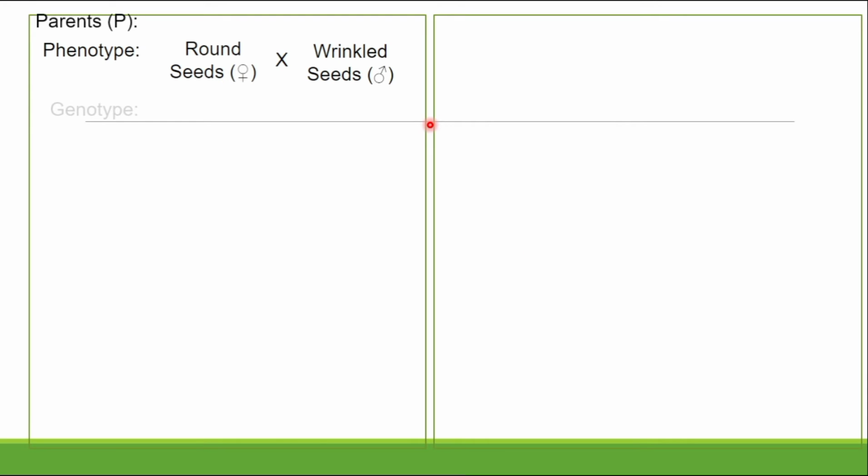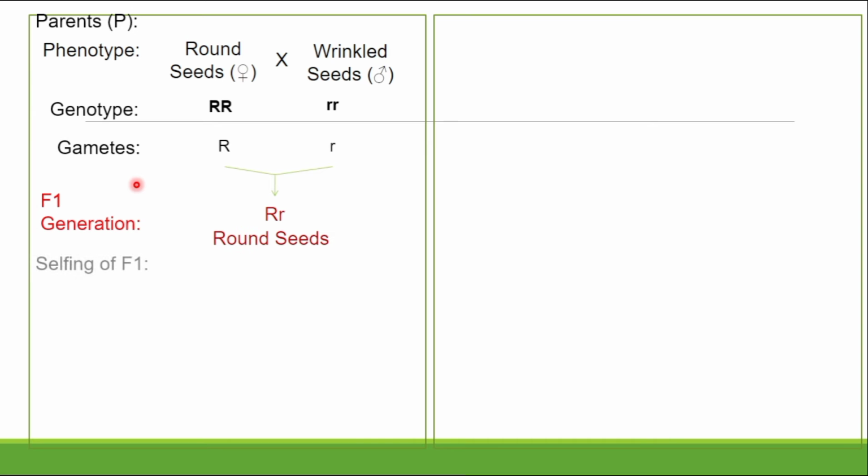As Mendel follows the procedure, first there is a selection of the 2 pure plants, the round seed and the wrinkled seed. What's the genotype? It's a capital R, small r. Afterward there is a formation of the gametes, capital R, small r. So there is obtaining of the F1 generation. In this F1 generation, all the seeds are round seeds, but these are hybrid seeds.